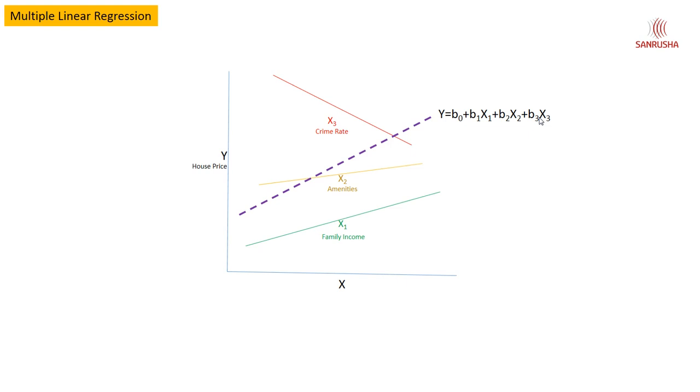It's an extension of simple linear regression, but simple linear regression had only one variable to play around, one independent variable. In case of multiple linear regression, you will have more than one independent variable to play around, but it is still a linear model. It is still continuous numbers and it is still a linear regression model.